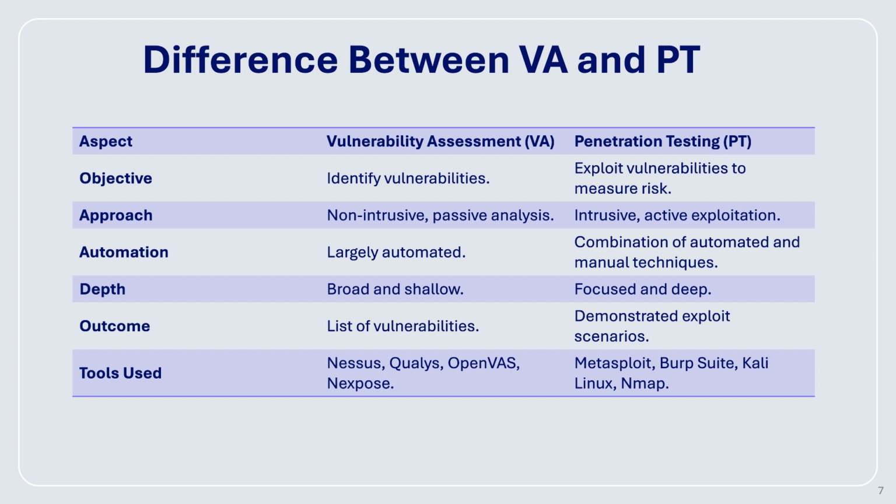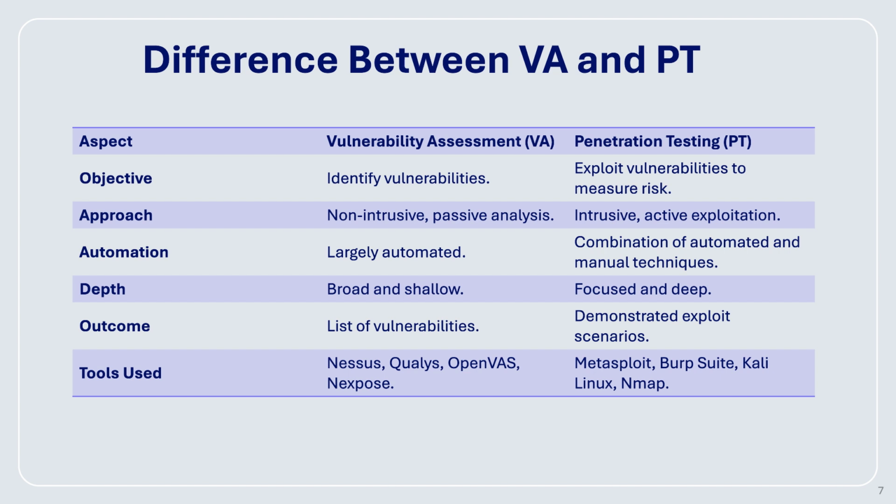VA is generally faster and more cost effective since it relies on automated tools. PT requires more time and resources because it involves detailed manual testing and analysis. The use case would be, VA is great for regular health checks to identify and prioritize vulnerabilities. PT is ideal for in-depth security assessments where you want to know the actual risks and how an attacker might